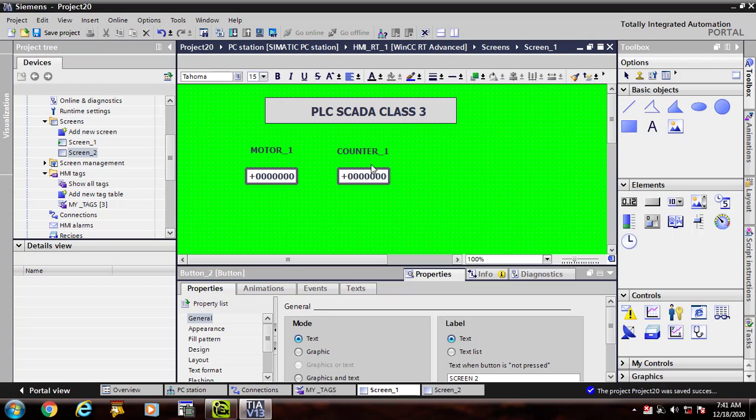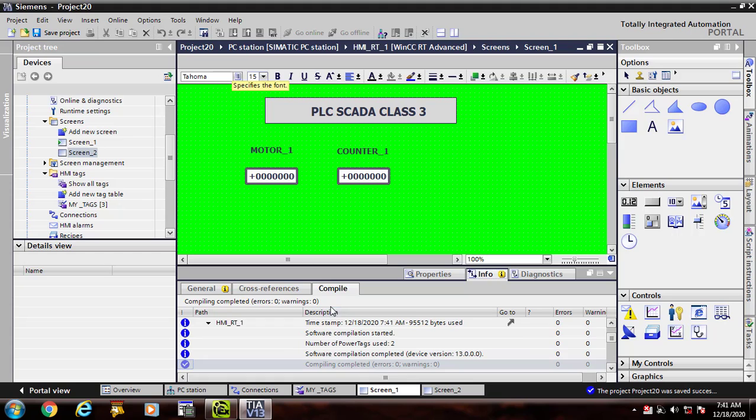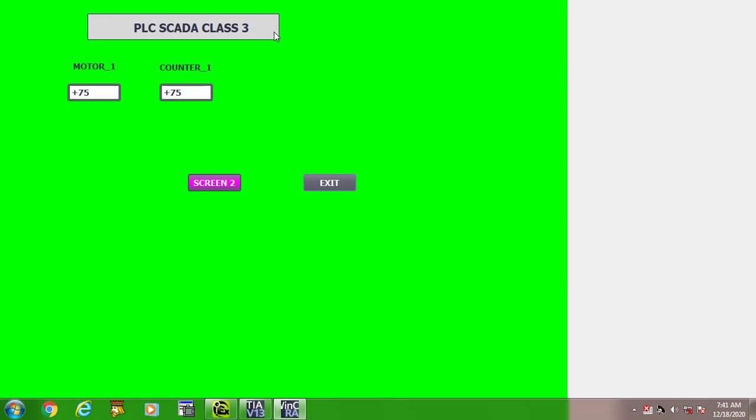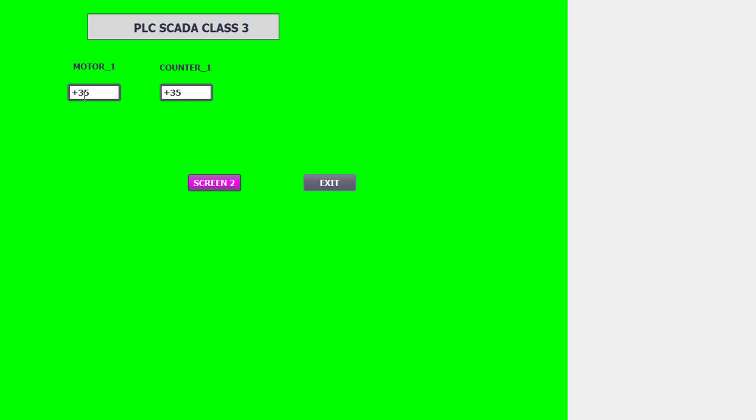First of all, you need to once again check your project, save it, and compile it once again and start remote terminal. I have started remote terminal. This is the analog graph. Yes, you can see that I have assigned the value of motor 1 to my graph,